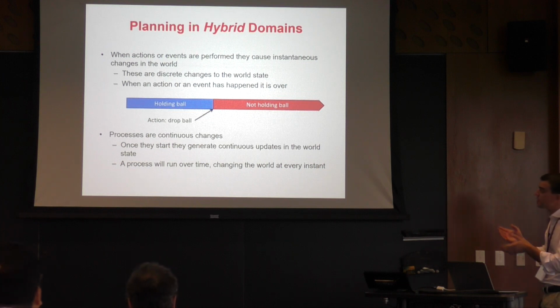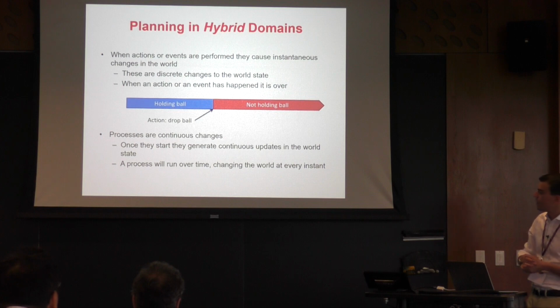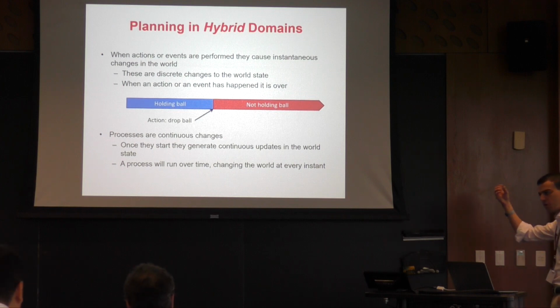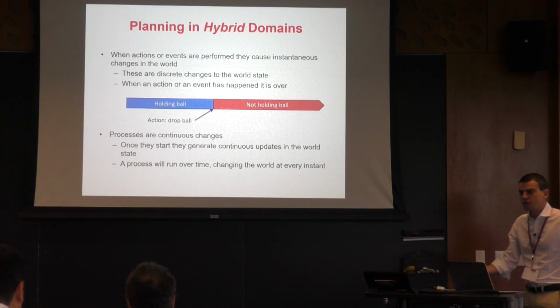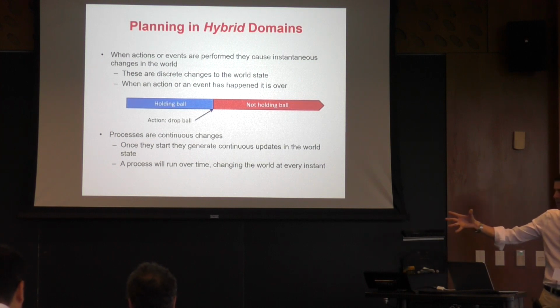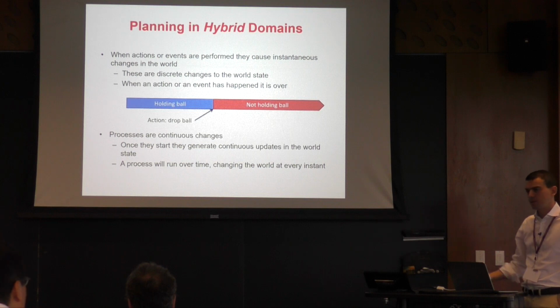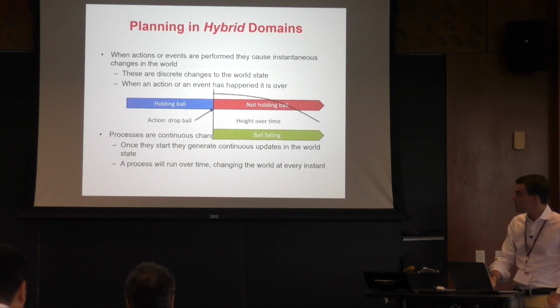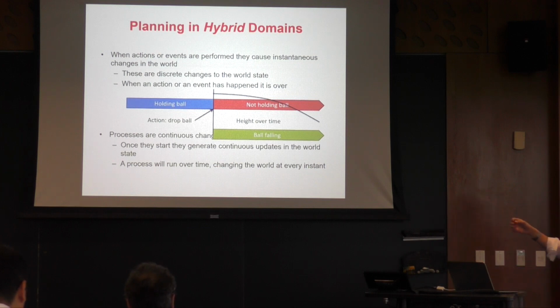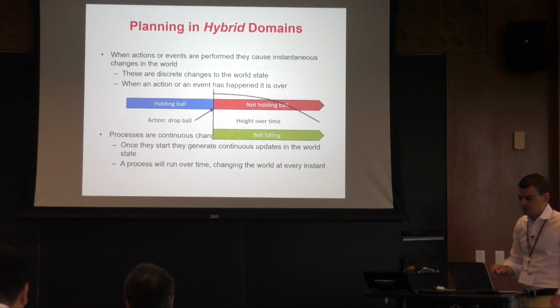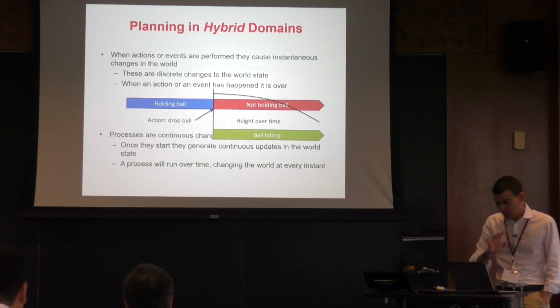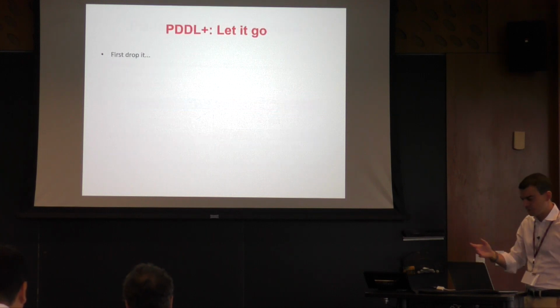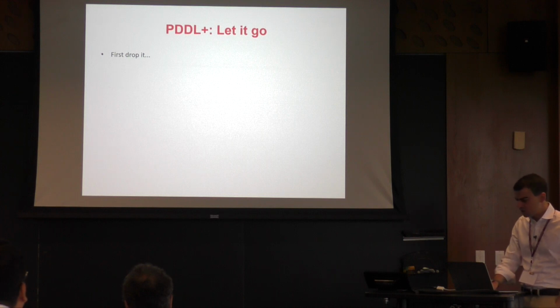And a very simple example: how you model the fact that you have a ball, at a certain point you stop having the ball, so the ball falls, right? So this is an example where you have a discrete action, not holding the ball anymore, and then that triggers a continuous change of the ball falling. So what happens is that as soon as you have the discrete change, holding the ball, not holding the ball, there is the continuous process starting. Now, how we model this in PDDL, again, this is a tutorial, so we want to teach something for those of you who don't know this.